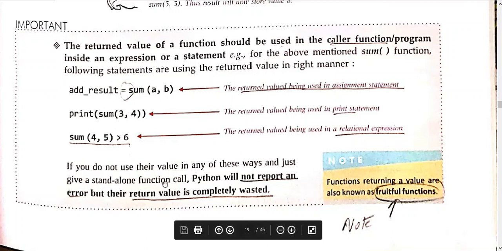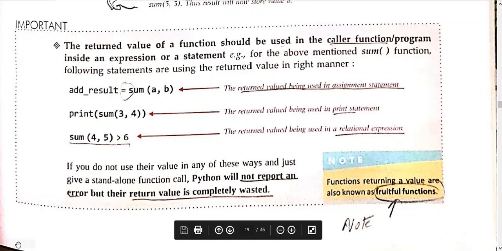If you are using a void function in such a way, then that will not be a fruitful function. The functions that are returning a value are known as fruitful functions. If you are not using any return statement, that function will not return anything, so the value is completely wasted.